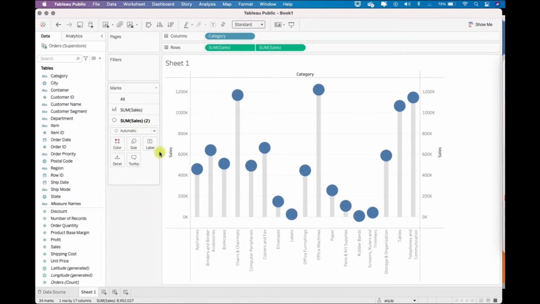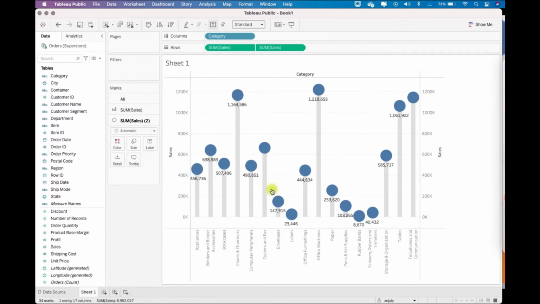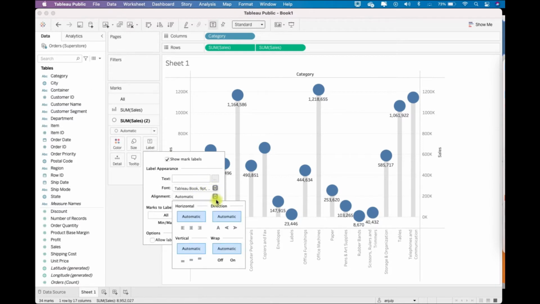Then I can put on labels here. Let's say I want to put labels within these circles, or maybe in the bar also you can put, so it depends on your method of visualization. You can play with the alignment of this.